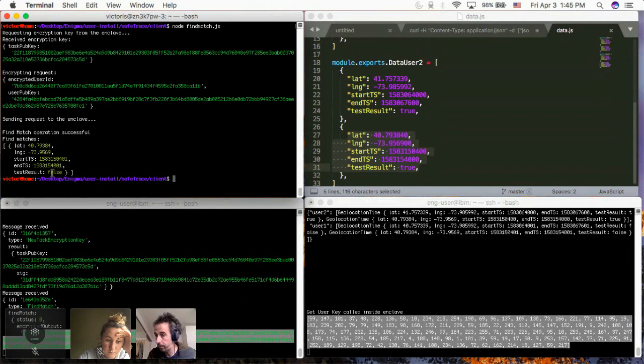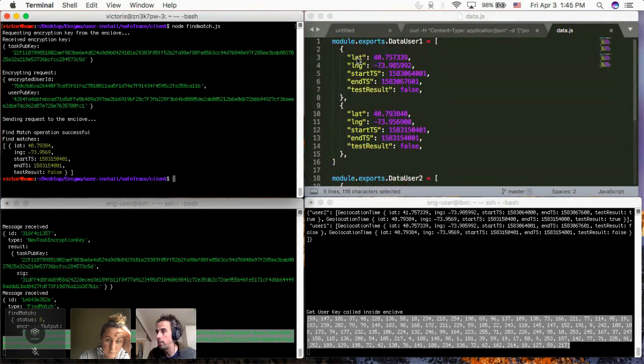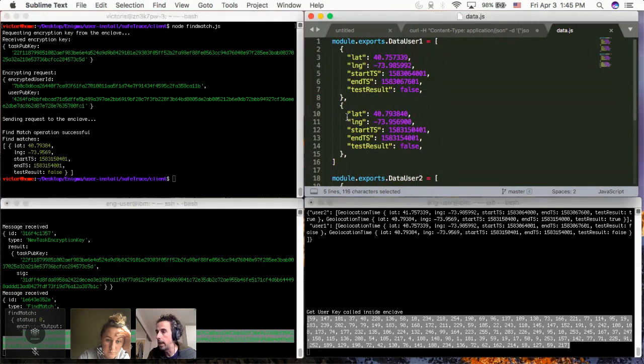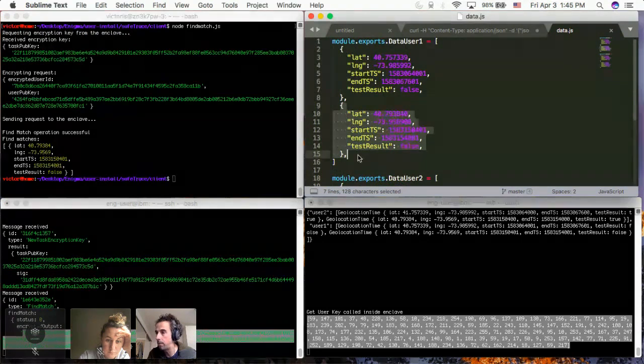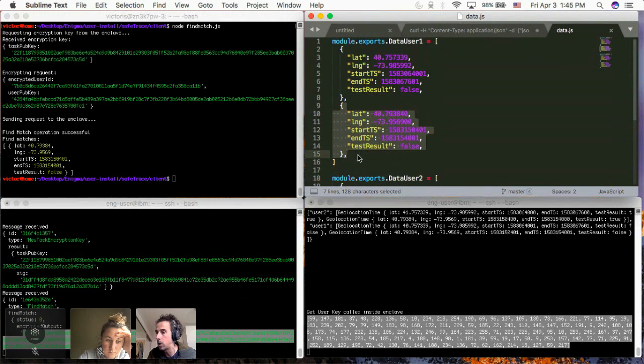And here it says false because this is data from user 1 who always tested false, but at this time and at this location, he or she was in close proximity with someone who tested positive, but we don't know who that is for privacy-preserving reasons. So that concludes the demo, and I'm passing it back to Ainsley. Thank you.